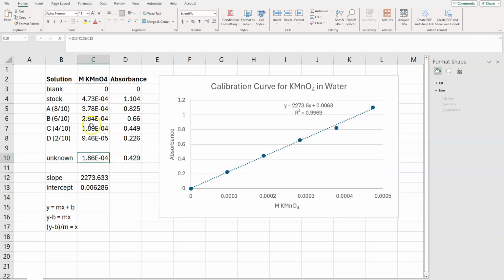It looks like it's between these two, right? Well, here it's 1.86, so it's just under C. It's just under this one. If that were true, if it was close to C, the absorbances should be close, and they are pretty close right here. So that does make sense that this unknown concentration should be close to C because the absorbance here is closer to C than any of the other